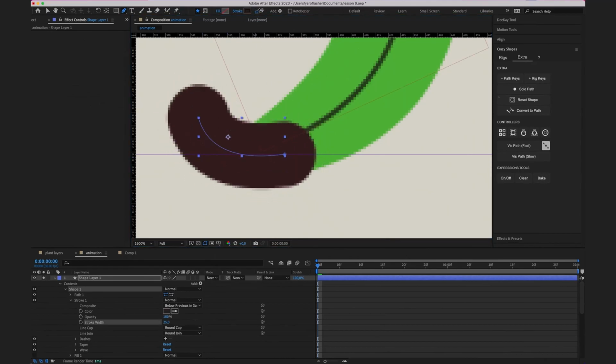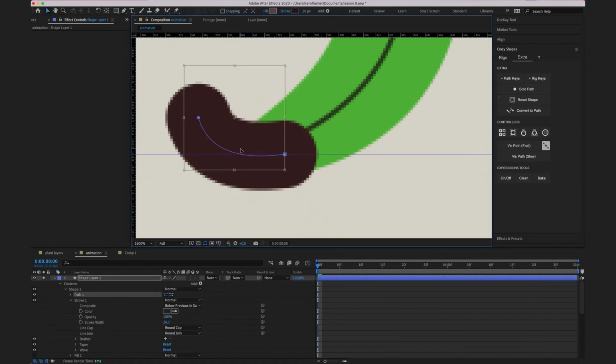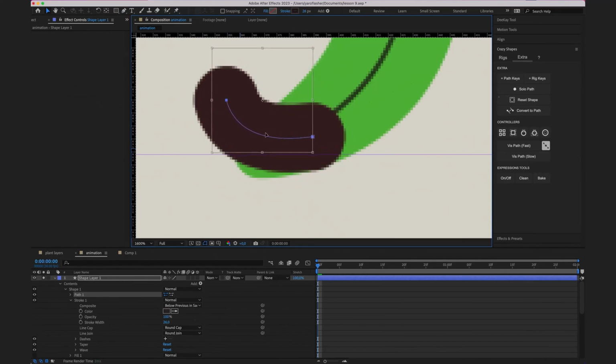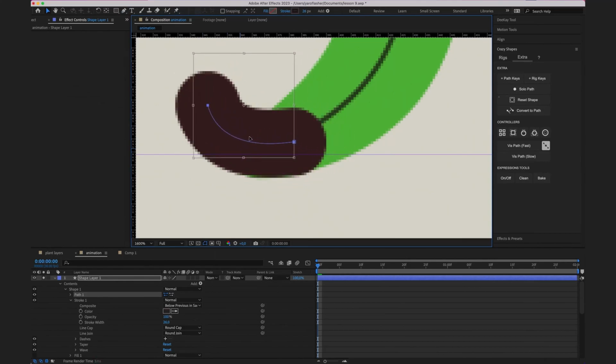Draw an arch like this, increase the width, and now we can adjust it to match the leaf. Somewhere here,